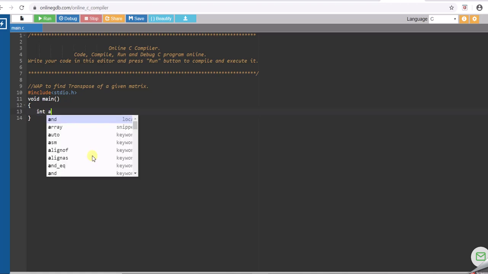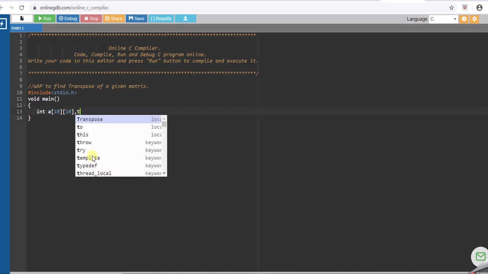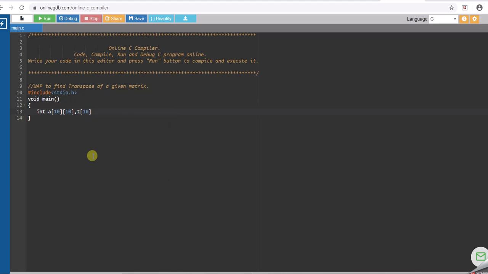First of all, I will require a matrix to store my input values. So this is going to be my input matrix A. I will require one more matrix to store the transpose. So this is going to be my transpose matrix. I have created these matrices with the capacity as 10 by 10. So a 10 by 10 matrix will be created, but out of it we can use only a matrix of any smaller dimension, say 3 by 3, out of that big space of 10 by 10 matrix. So for that I will also require some other variables here.